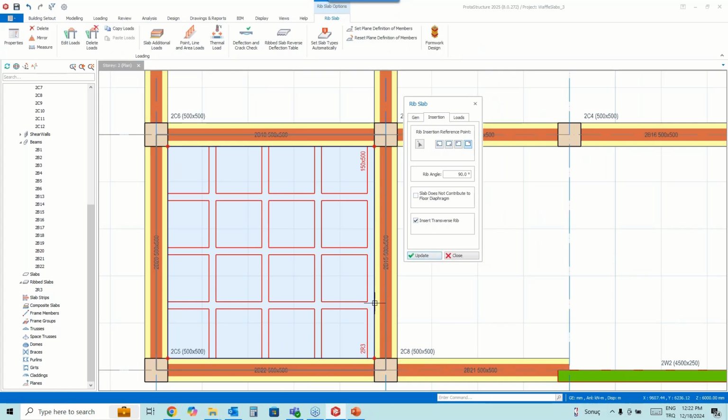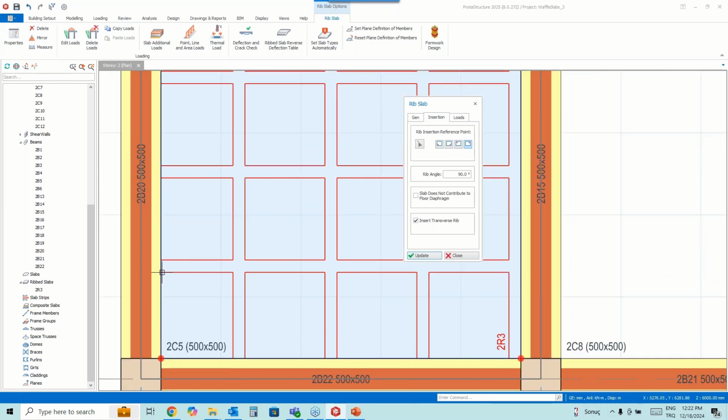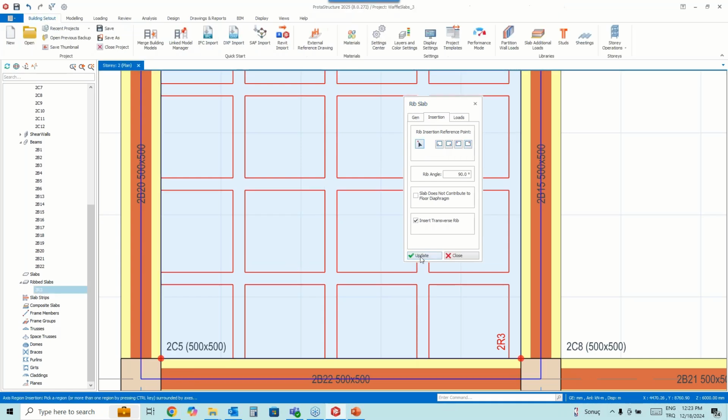For example, maybe we can select any corner like this, so it can change the position like this, okay? Or we can pick the surface.